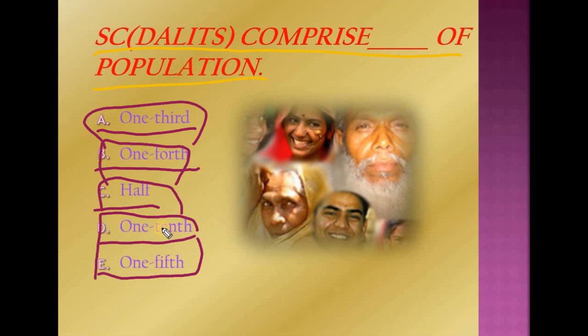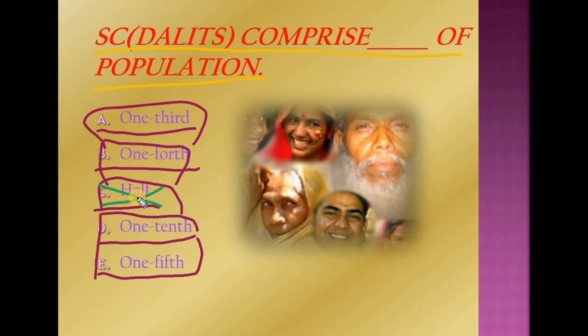You remember a little bit that these SCs or Dalits are the lower caste people, meaning minority people, so they're present in lesser quantity. So they can't definitely be half of the population. If they were half of the population, how would they be the lower section of the village? They would be the major section of the village, right? So let's cross out this option, half. Okay, I've crossed it.